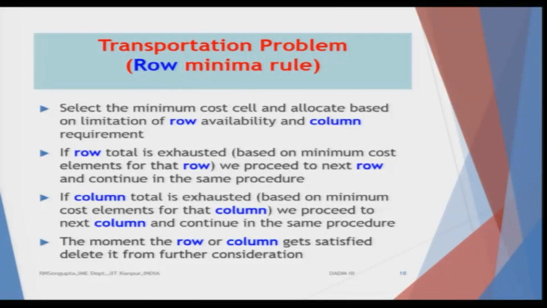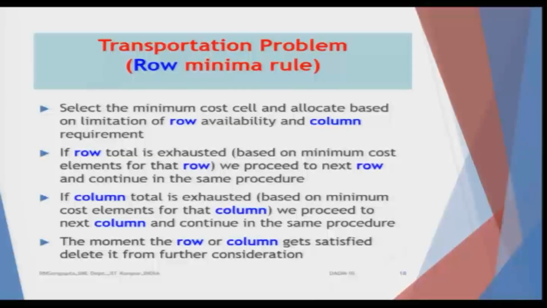Your concentration is on the rows first, that means in this case it was 1, 2, 3, 4. So, we check the row, where the minimum cost is, and allocate everything. If the row is exhausted, the requirements are done for the first one; based on the minimum cost, we proceed to the next row. If there is some spillover, go to the next allocation if the column is still unfulfilled, and if the column is done, then you go to the next row, in the row, column, primary, secondary manner, and you go accordingly.